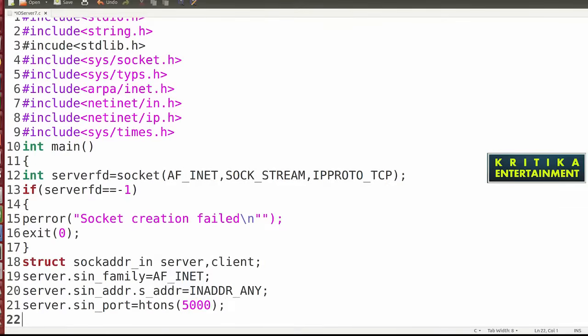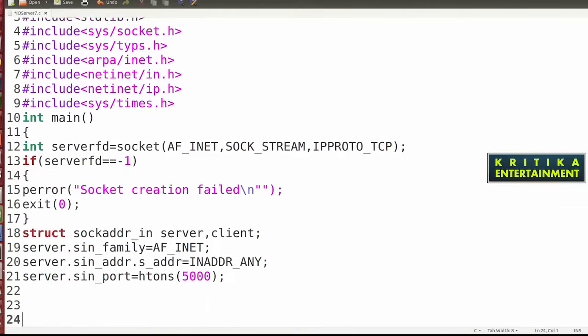So now I'll go to the bind. You remember there is an error, probably a bind error always occurs. So to avoid this bind error, there is one function to be declared, setsockopt. Before that we will declare a variable, int opt is equal to 1.